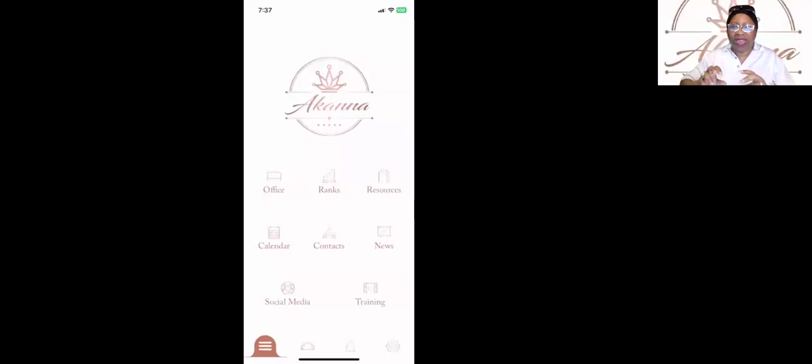But the point I want you to know is that it's there. It will show you the Diamond Factory. It will show you Tuesday night. It will show you Sunday. It will show you Saturday. But it doesn't only show you that, it provides you with the link to the Zoom. All you got to do is press it, and you don't have to call and ask nobody else what the link is. You can just press the link and you will be able to see it. Wow. Hooray for you, Dr. Ross. Next level.